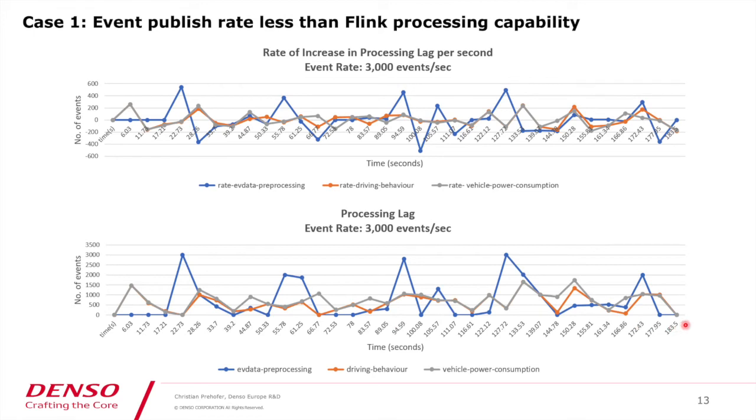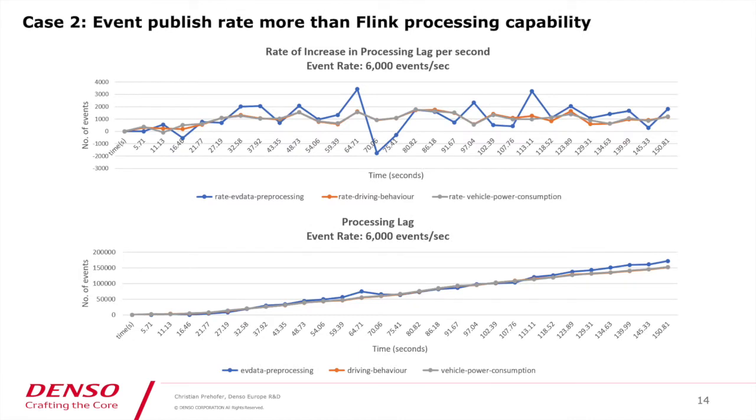But you can notice one thing: even though the event publish rate is less than the Flink processing capacity, there are some peaks in this graph, meaning that there are some times where we have accumulated some data at the pipeline elements. Moving on to case 2, where we have the event publish rate more than the Flink